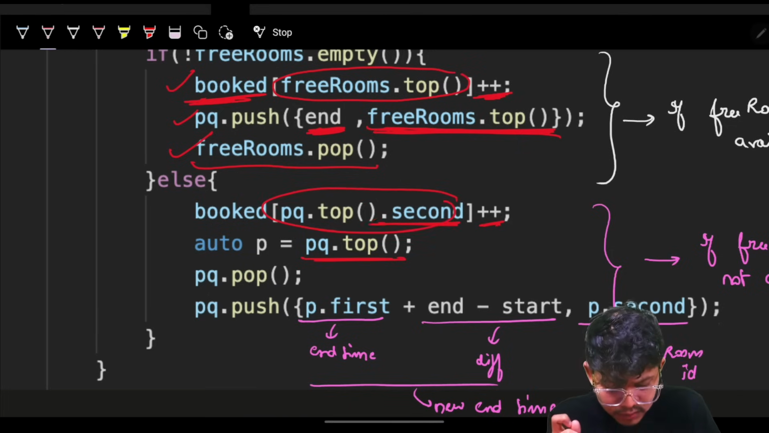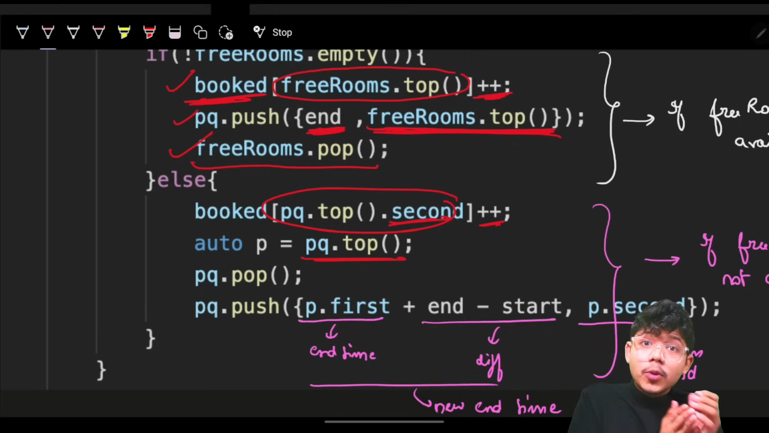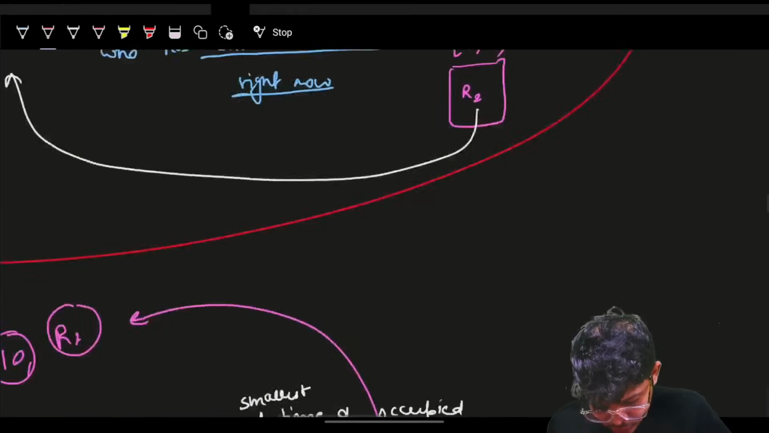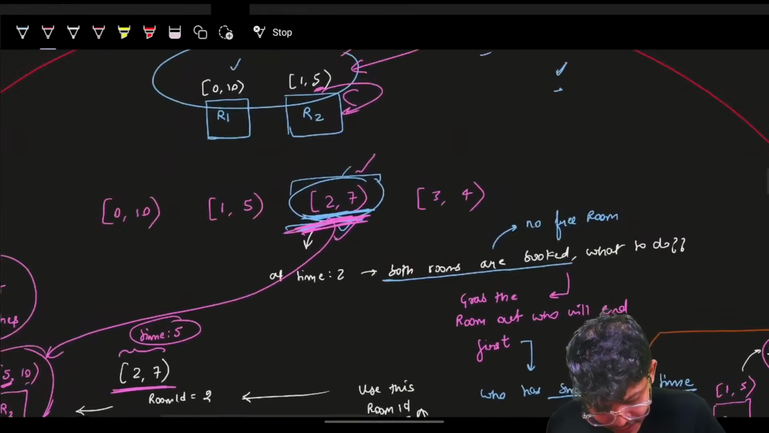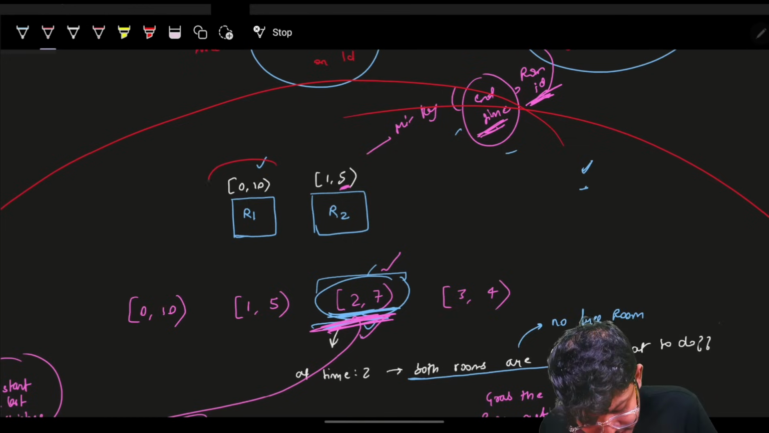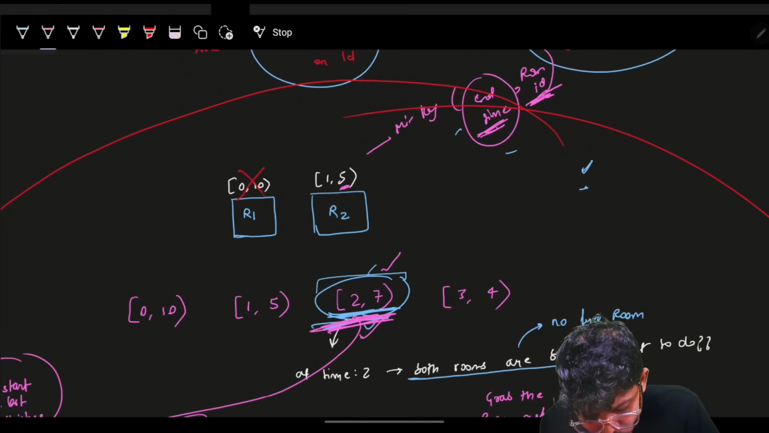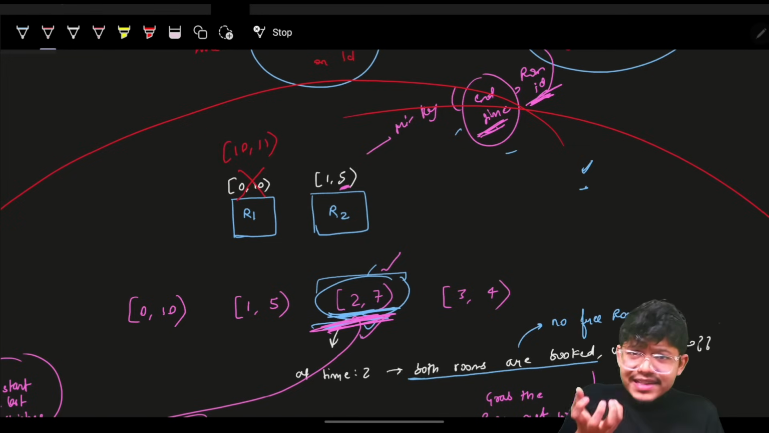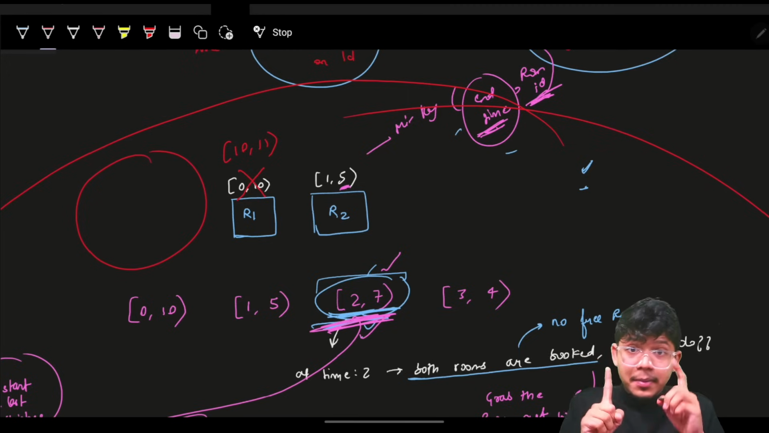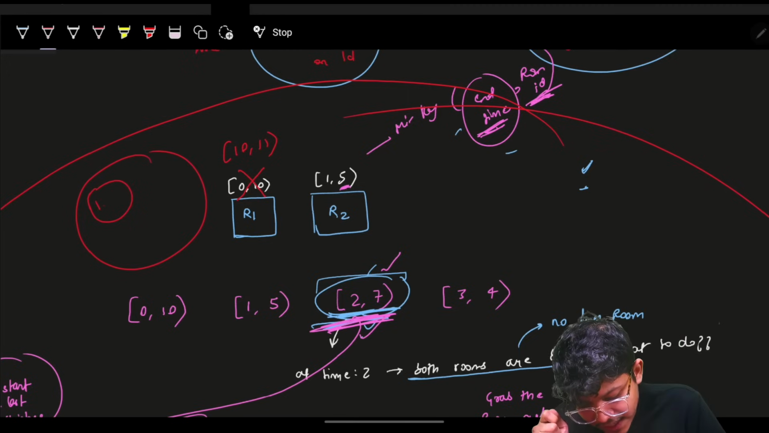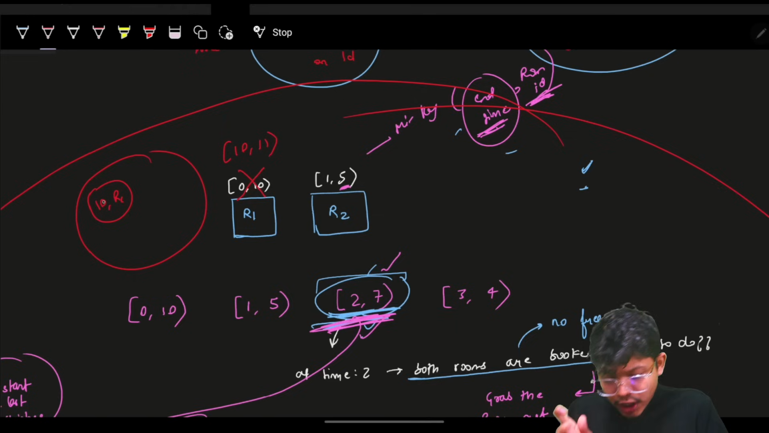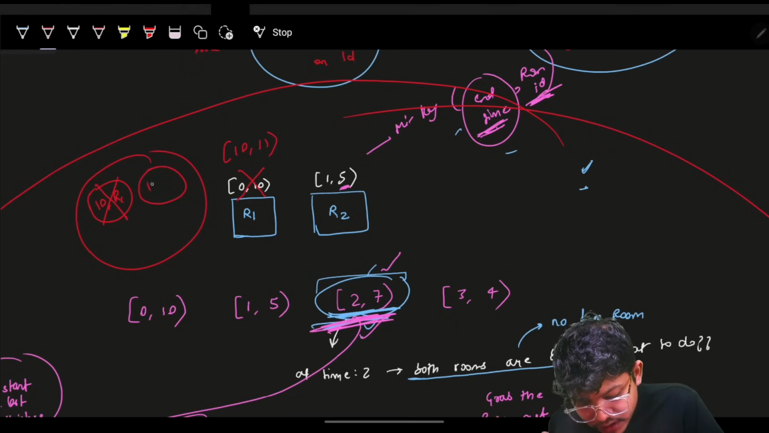this room ID will now be occupied with a different time. It will have a different time range, as you have seen previously. If I go back and show you, yeah, this was the meeting which was about to get occupied. So now I will have to remove this and say the new time range is 10, 11. Or basically in my priority queue, I will keep track. Again, remember, in the priority queue I keep track of the end time and the room ID. So now I will have to remove this and say now the end time is 11 and the room